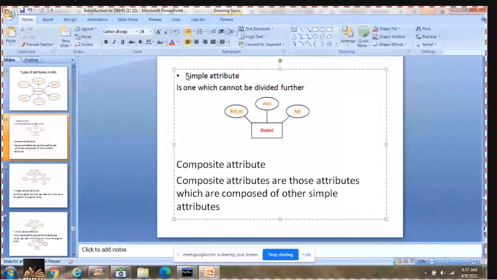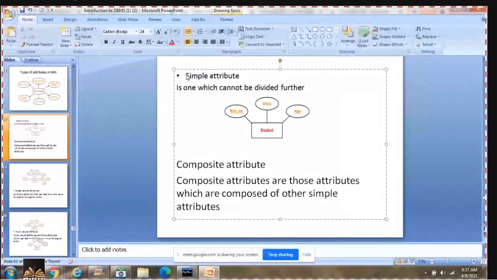Class cannot be divided further. Age cannot be divided further. So I say that the attributes over here are called simple attributes. Any problems now?